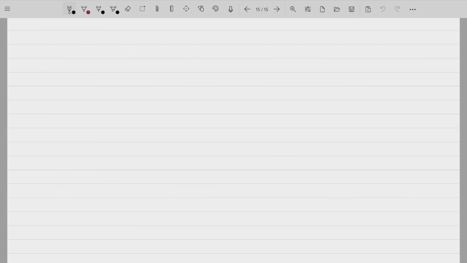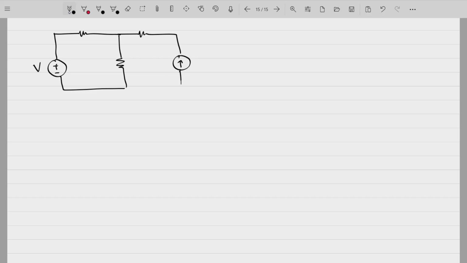So this is superposition theorem. Now what does turning off mean here? Say for example, I have this simple circuit with R1, R2 and R3, three resistances. You have one voltage source and one current source. Say you want to find out this small i, that is the current flowing through the resistance